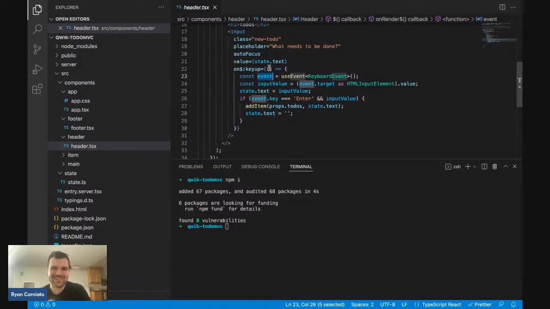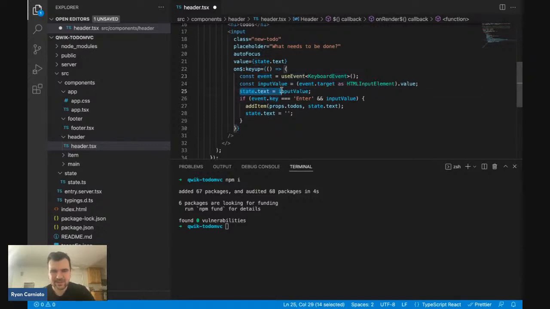You notice how the event isn't getting passed in through the closure, and they're using a hook for it. It's sort of injecting it. This is all tricks so that these can be wired up independently. So they have explicit ways to pull these things in. Yeah, so useEvent. This is how they get the event in. And then grab the value off the input,